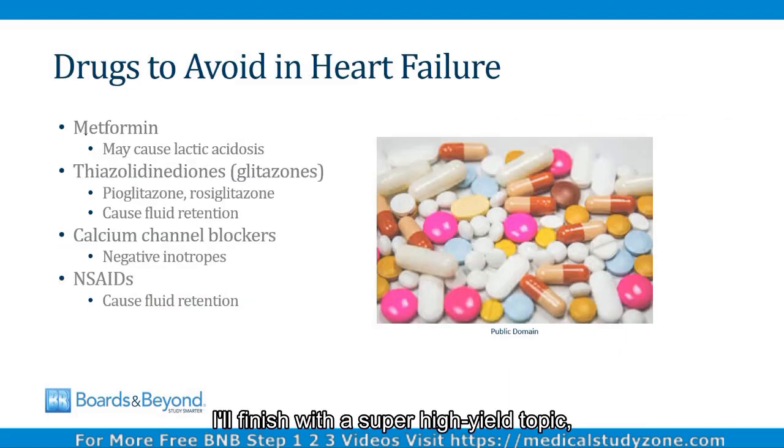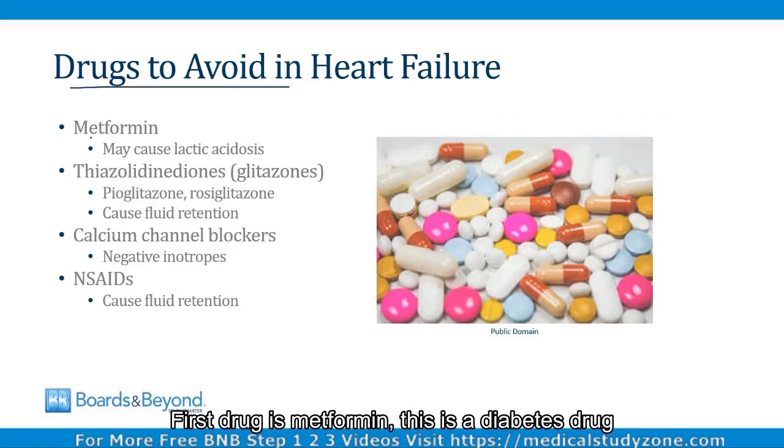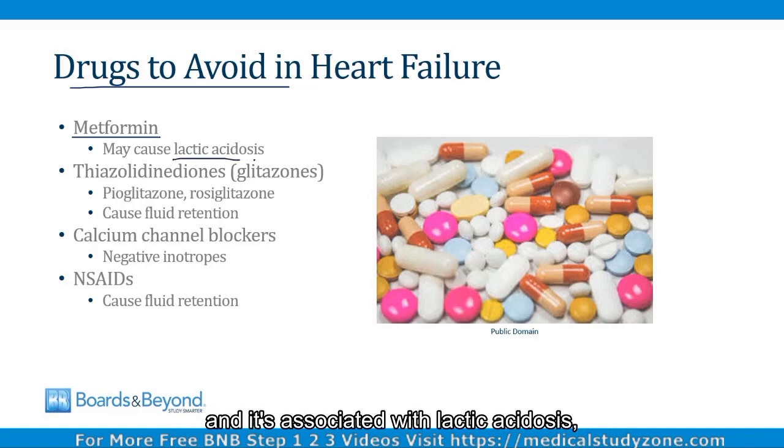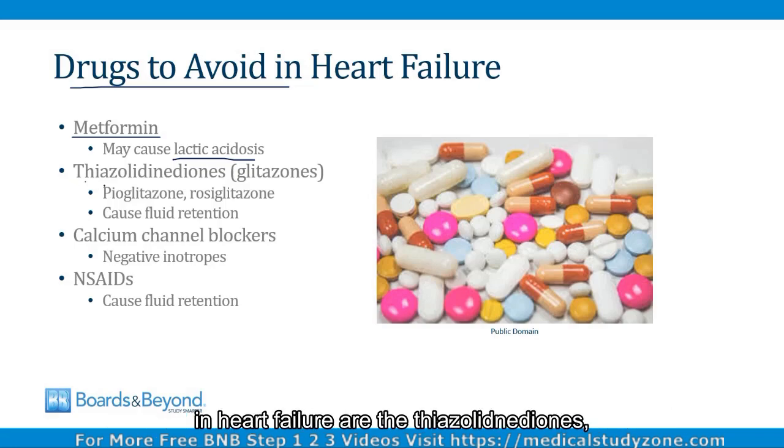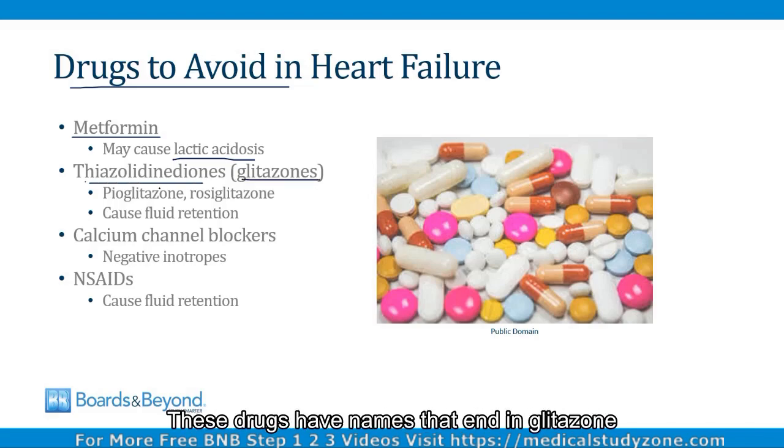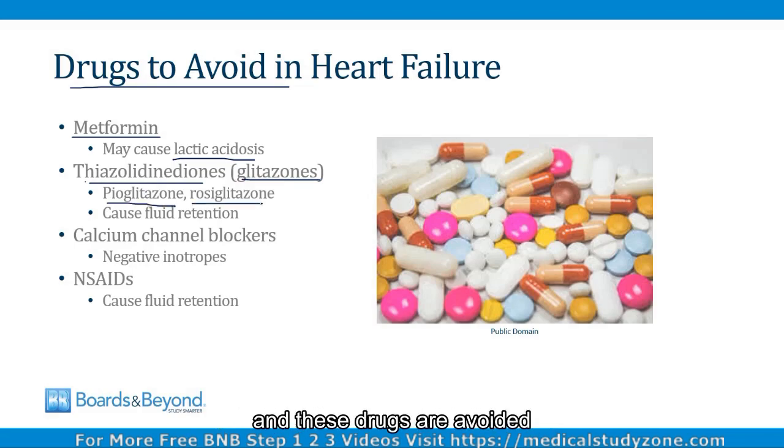I'll finish with a super high yield topic, drugs that you want to avoid in patients who have heart failure. First drug is metformin. This is a diabetes drug and it's associated with lactic acidosis. And most cases of lactic acidosis occur in patients who have renal failure or heart failure, so it's generally avoided in patients who have significant heart failure. A second group of diabetes drugs that are usually avoided in heart failure are the thiazolidinediones, otherwise known as the glitazones. These drugs have names that end in glitazone, like pioglitazone or rosiglitazone, and these drugs are avoided because they